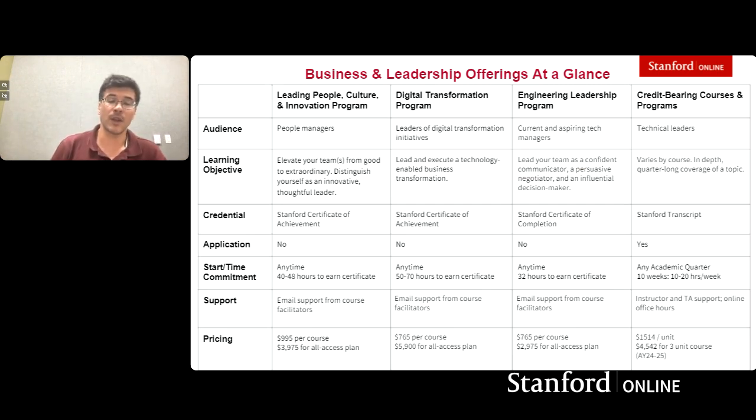And I should add one other thing, which I did not mention, is that many of the master's degrees in the School of Engineering are also available to be completed on a part-time basis with the option of doing some or all of the coursework online. So for a program like management science and engineering, if you're admitted into it and you decide that you want to stay at your job, you can complete that degree fully online. Doesn't mean you can take every course that's available in the management science and engineering portfolio, but there are enough courses that are available in certain depth areas that you can complete that degree fully online as a part-time student.